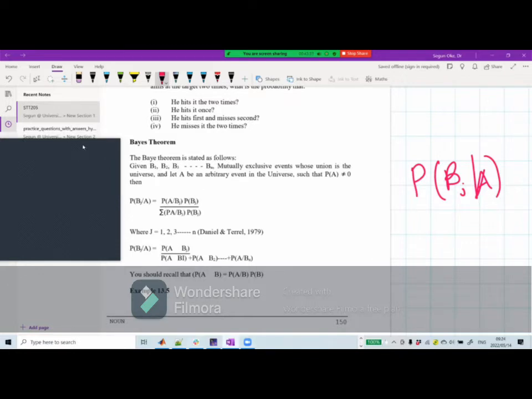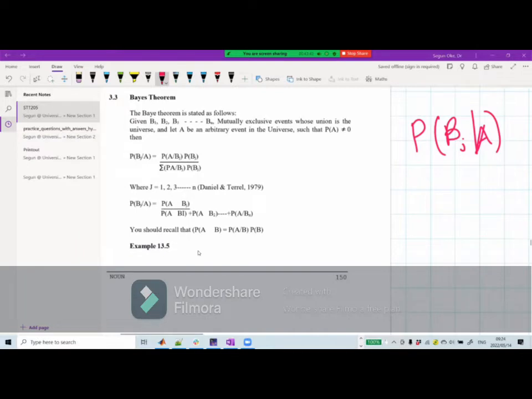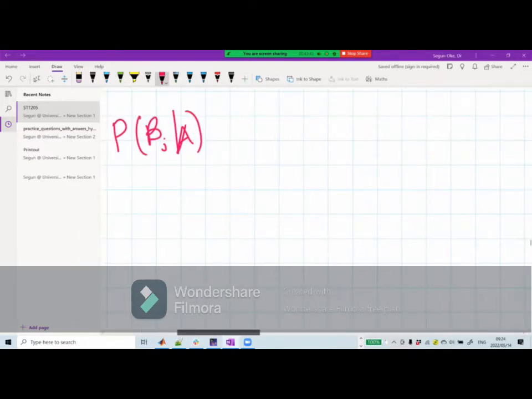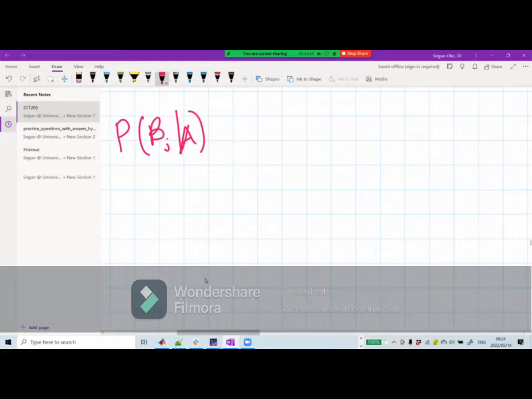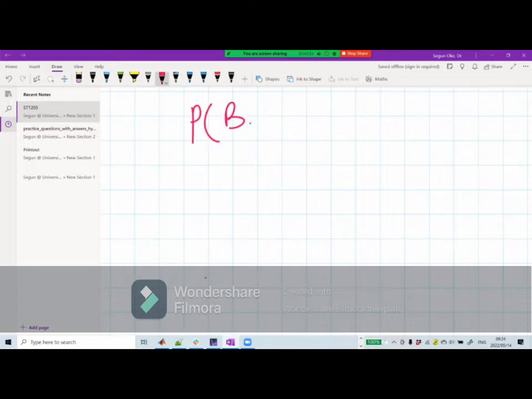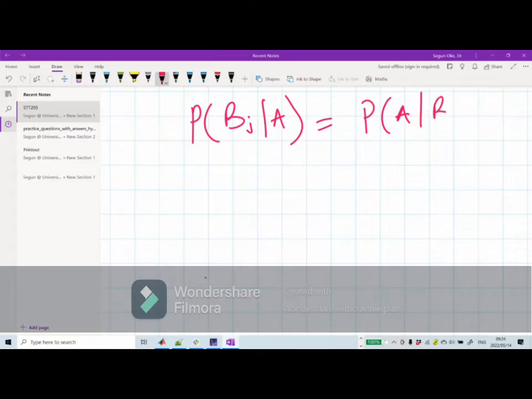We discussed it here last week in our last class. So we are going to use this conditional probability this morning to solve some of these problems. So we have probability of Bj given A, and the definition is probability of A given Bj